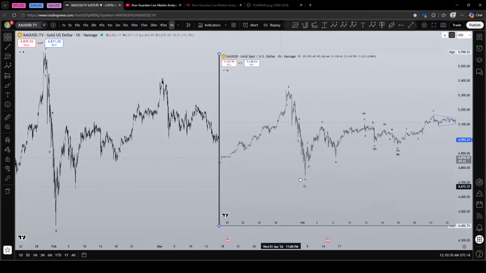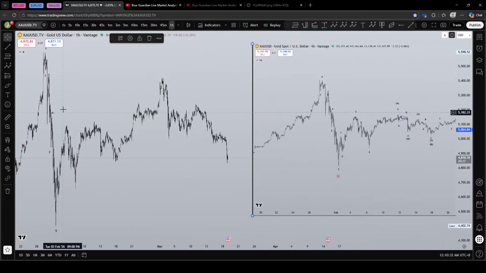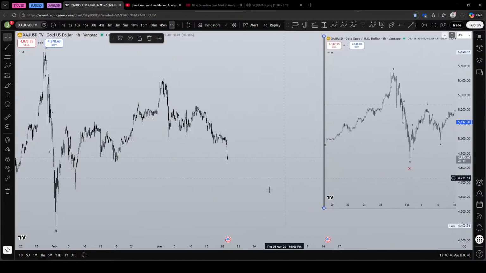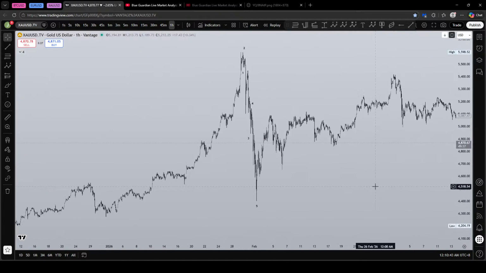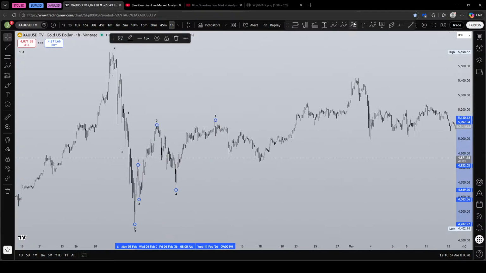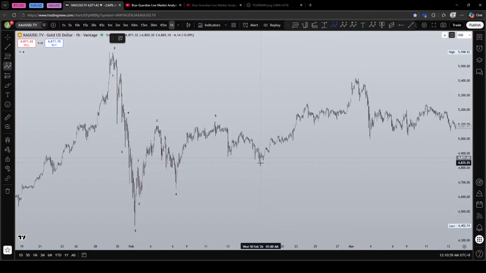So the encircled wave A, internal waves is 1, 2, 3, 4, 5. And here, next is the zigzag correction for the internal waves of wave B. So that means I need to count the waves here, 5 waves for wave A, and then another 5 waves for wave B,